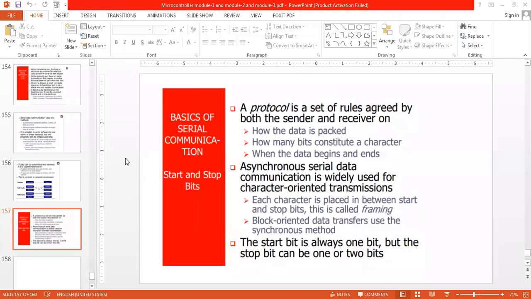Because of this, both the data are going to collide, or may connect with each other. So I am sending only A, but you will receive AB, which is not correct data, right? The data is going to be modified.